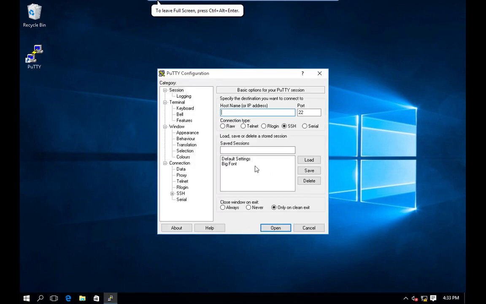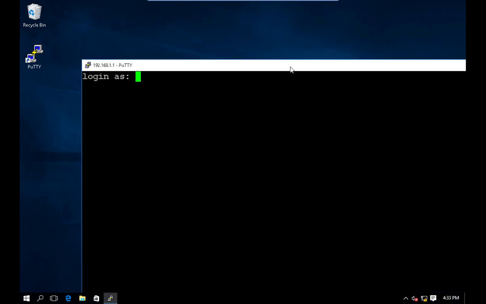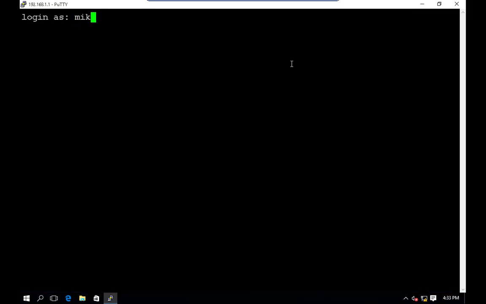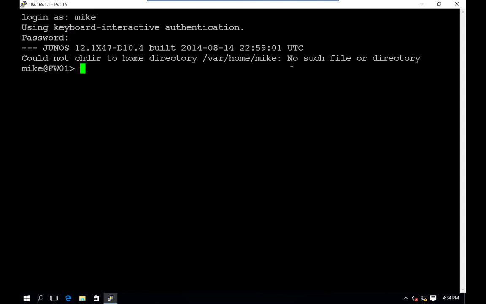So from our Windows 10 host, I'm going to SSH into our 1.1 IP address, which was firewall 01, and log in with my account. Okay, there's not really too much that we need to change, and most of it happens at the interface configuration. If we think about what we're doing with VRRP, we're trying to get our internal hosts to talk to a virtual IP address that's on that same LAN or subnet. So when I do a show configure,